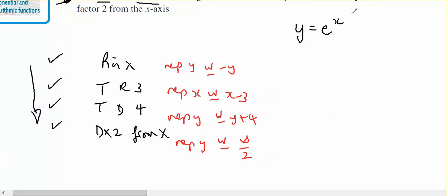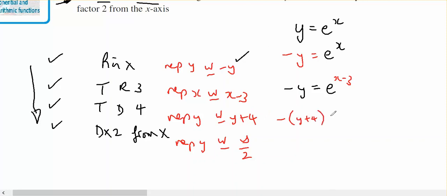Okay, so now with each of these replacements, I'm going to have negative y equals e to the x. I've replaced y with minus y. Negative y equals e to the x, and I'm now going to replace x with x minus 3. Now I'm going to replace y with y plus 4, so negative y plus 4 equals e to the x minus 3, and then I replace y with y over 2, so I've got negative bracket y on 2, plus 4, close bracket,